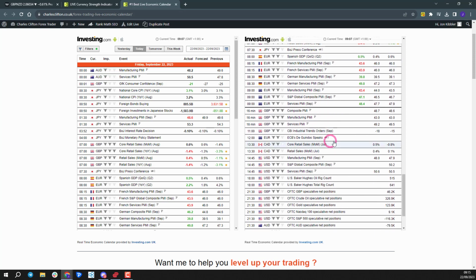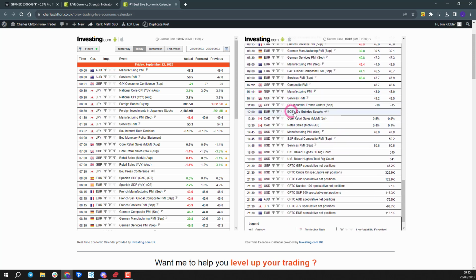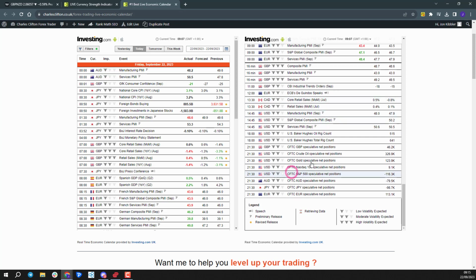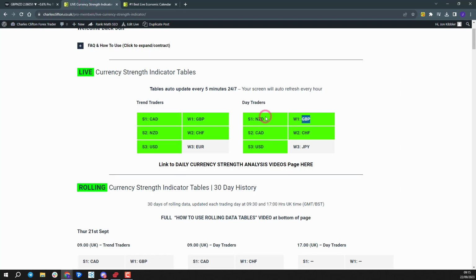So today there's some more data. We've had some PMI data out of Europe. We've got some more PMI coming up out of pound very shortly. So depending on how that comes out, will that pound weakness continue? We've also then got some dollar data with services PMI at 2:45 PM. Now, looking at the tables at the moment, you can see pound is a weak currency. We'll see how that data drops in about 15 minutes. But yeah, very interesting market.